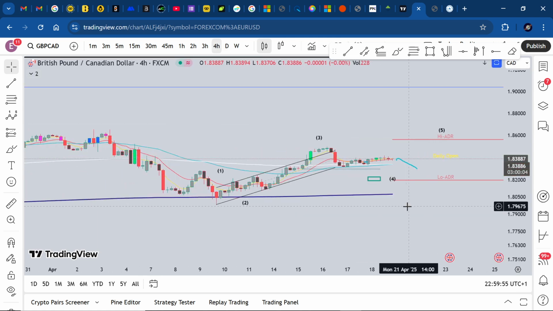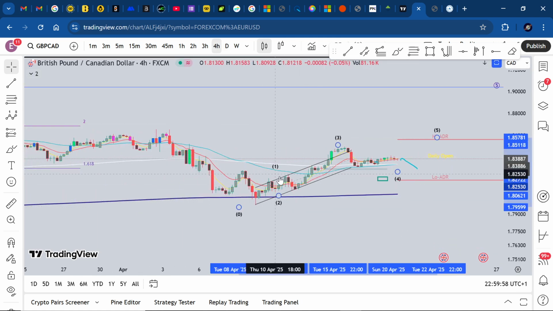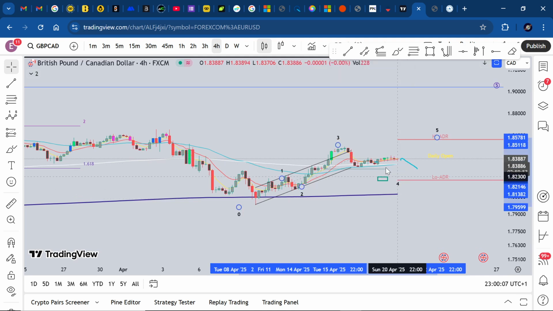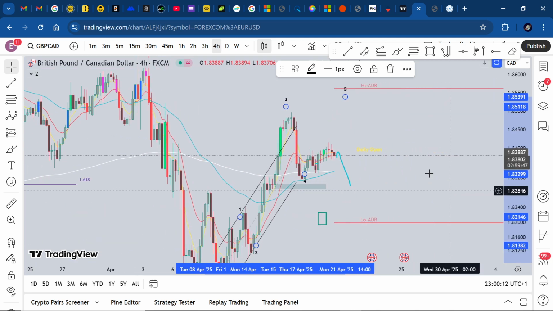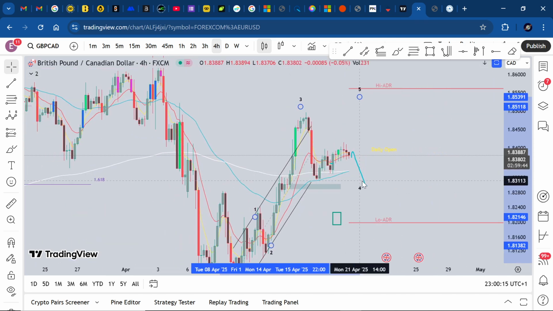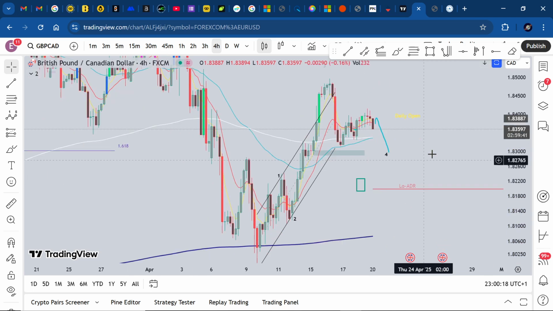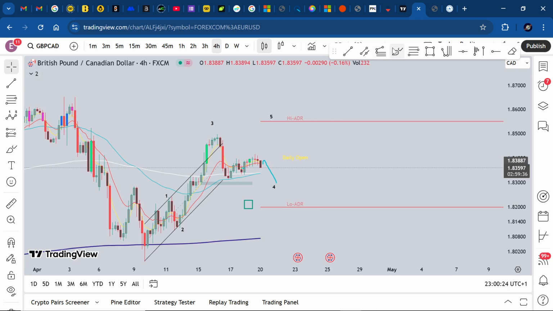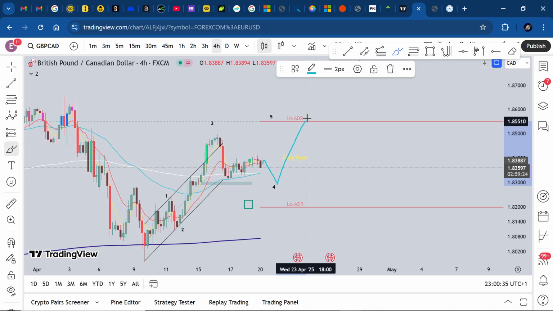So 4 hour, 1, 2, 3, 4, 5. Okay, potentially we get a 4 over here. I see I've drawn a line there. So waiting for a 4 to be, which could be finished here or is about to be finished. So potentially I do think we're coming down to do this 4 and then 5